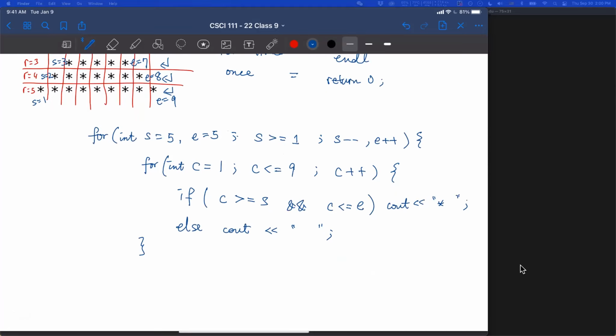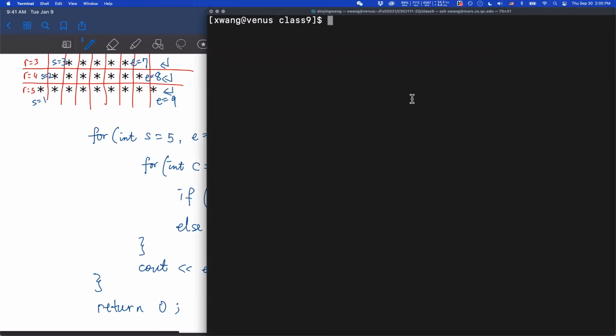And once we have the inner for loop, we need to end the line and finish our nested loop. Then our program will end here, then we can return 0. So if we put the code in,